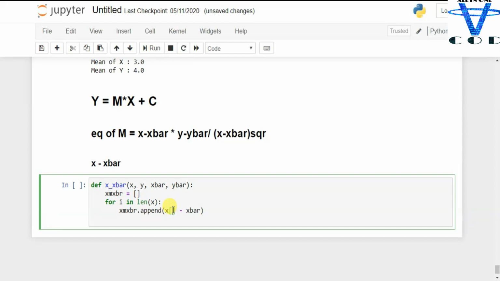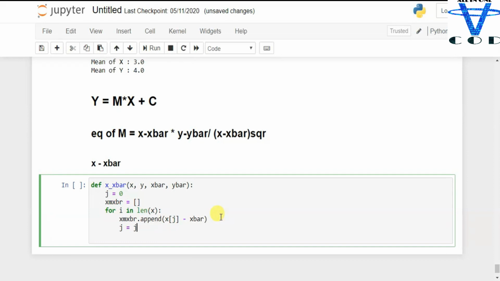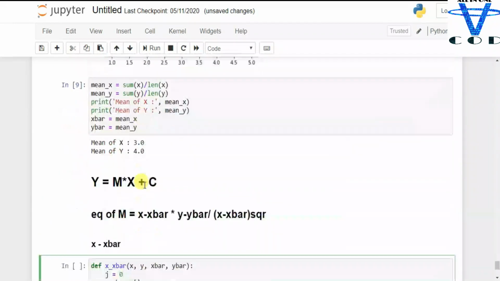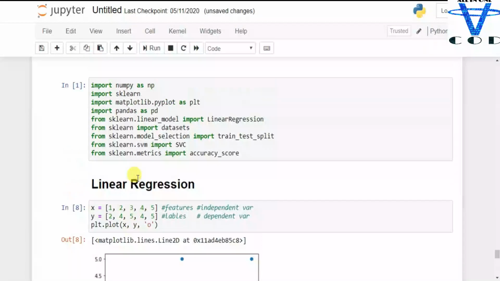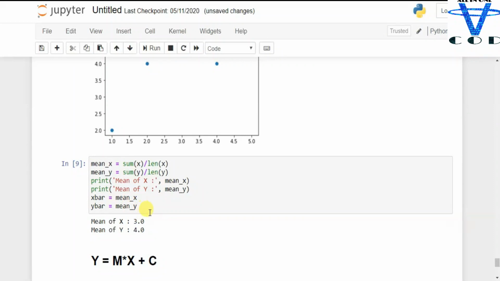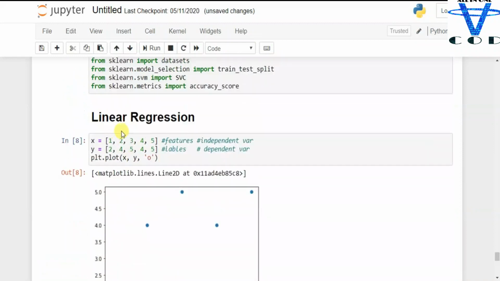So let's say j equal to 0, and in here I'm going to increment the j value, j equal to j plus 1. So the value is like this: 1 minus x bar, which is 3, so 1 minus 3 we get minus 2, and 2 minus 3 we get minus 1.